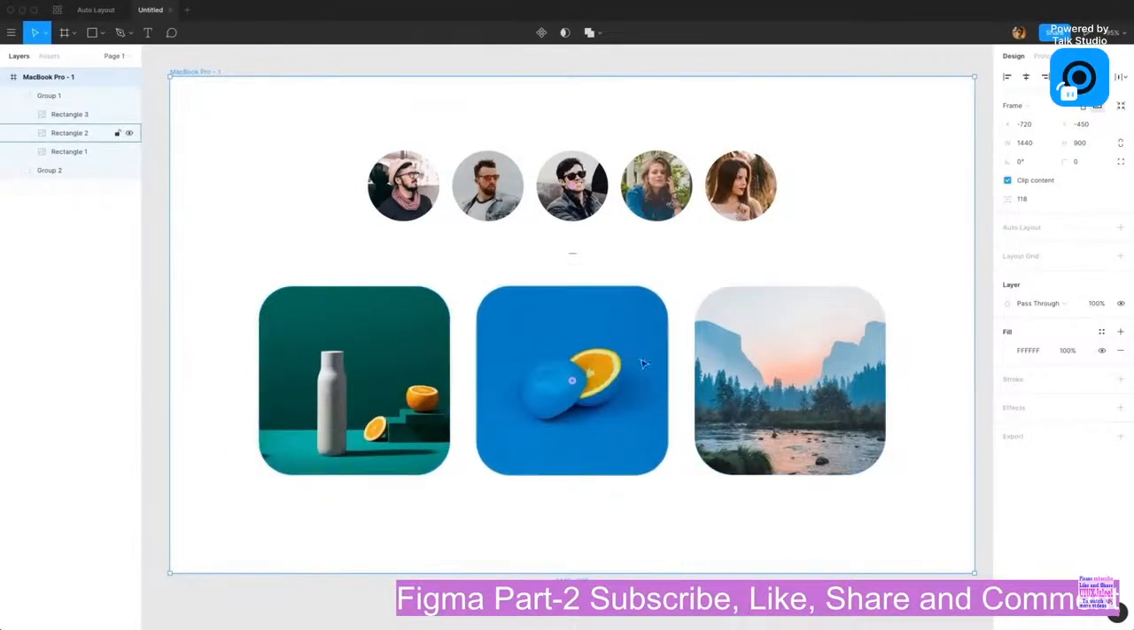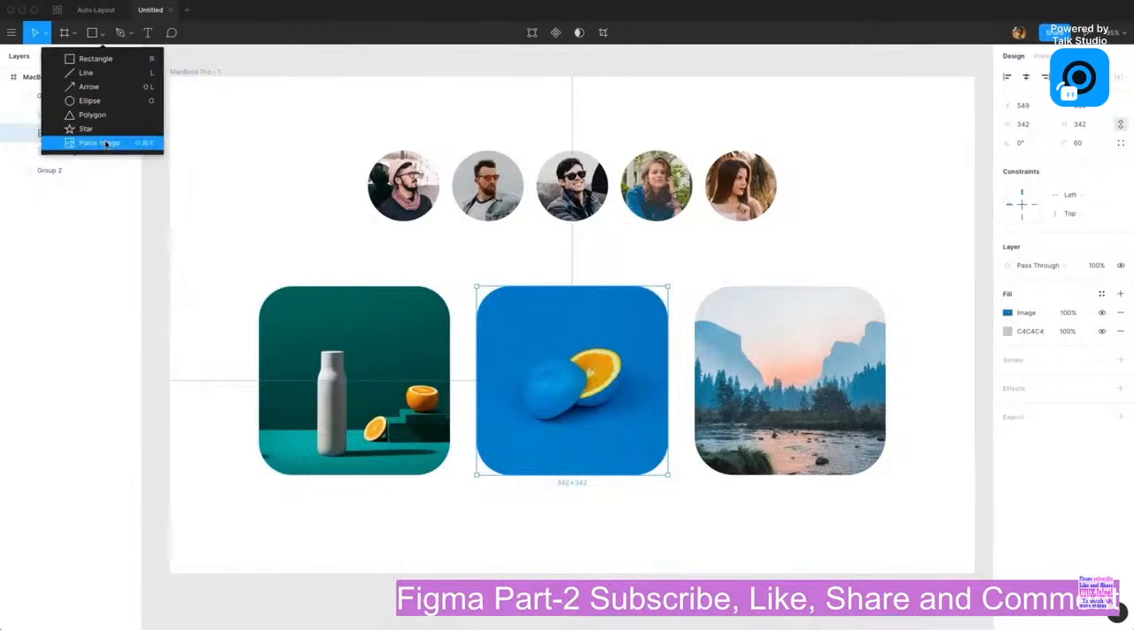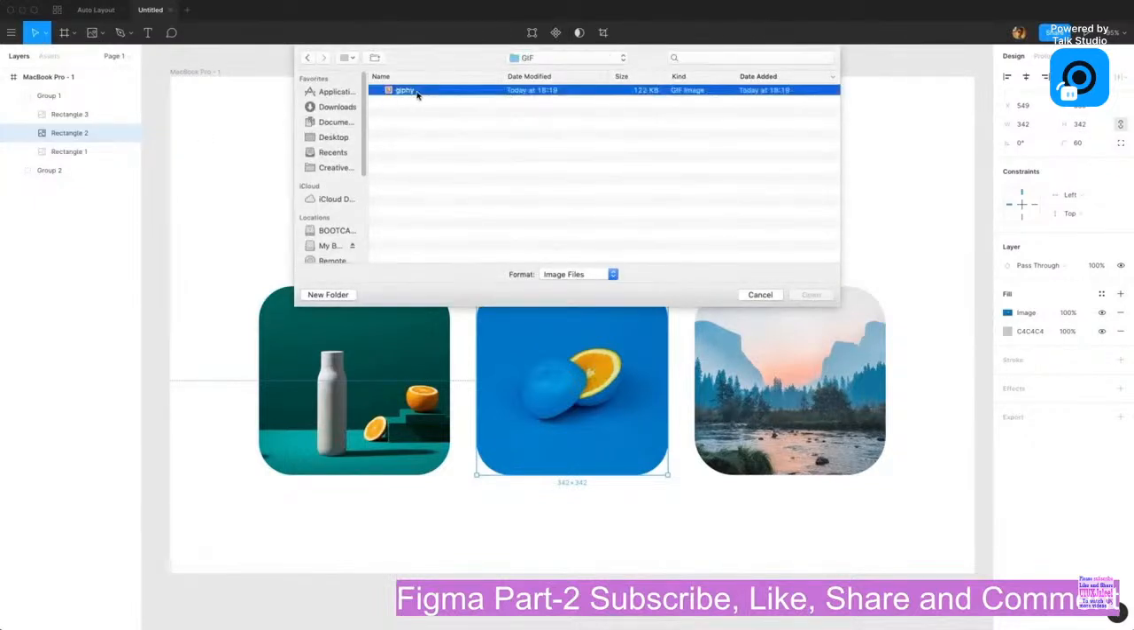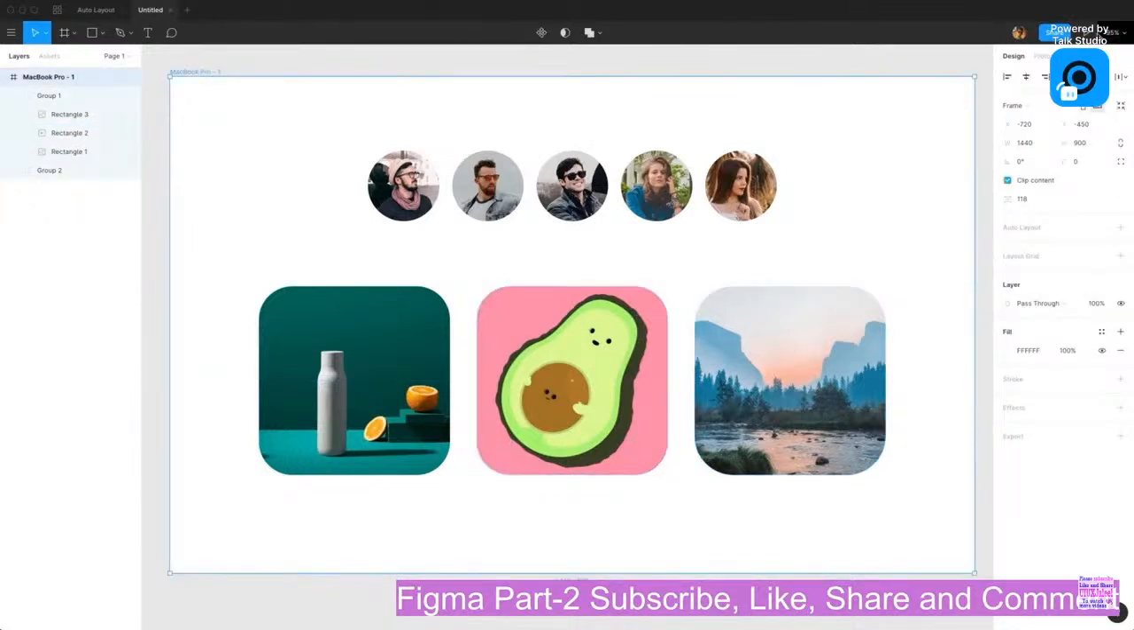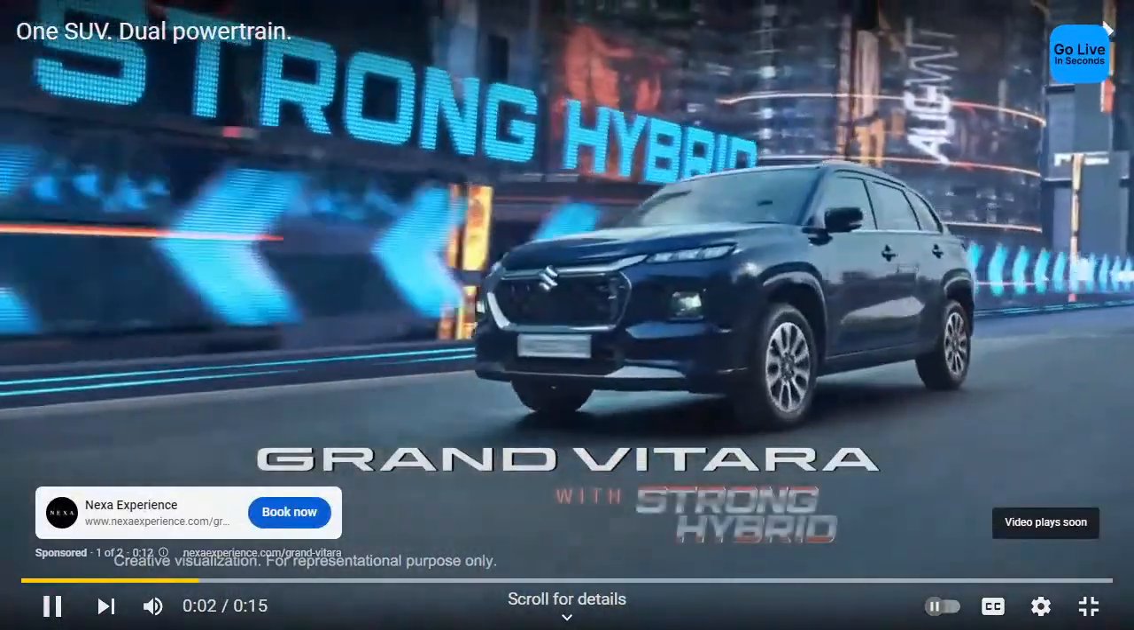For instance, this one, I'm gonna go ahead and place an image from GIF folder. There we go. Now as you can see, it's like other normal pictures. However, if I try to preview that,